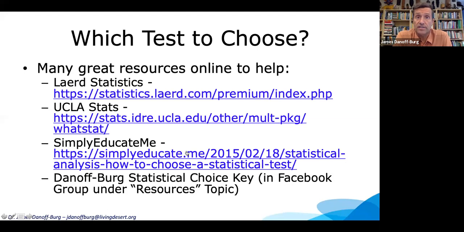The next 2, UCLA Stats. This is another website from that same program at UCLA. And we'll come back to that one because it has a nice choice test box, a grid of options that we can use. And this website that I had never heard of before called Simply Educate Me has this really nice, probably my favorite of the 2, of UCLA and the Simply Educate Me, about statistical analysis, how to choose the appropriate inferential statistic test. And then last is a dichotomous statistical choice key that I've created in